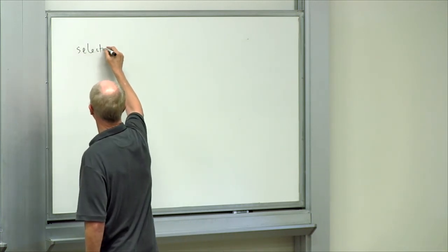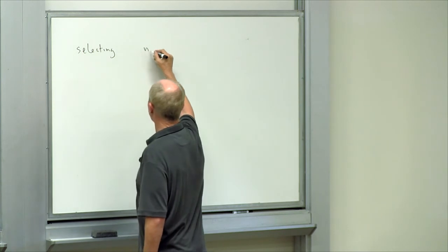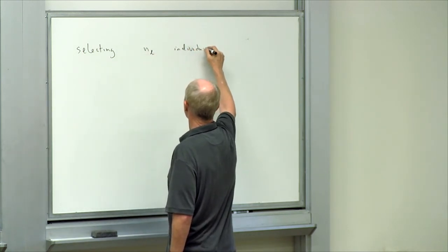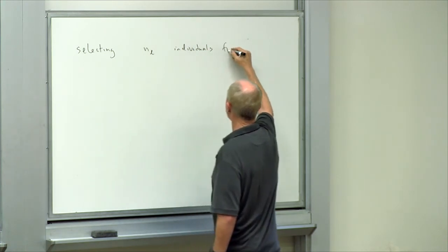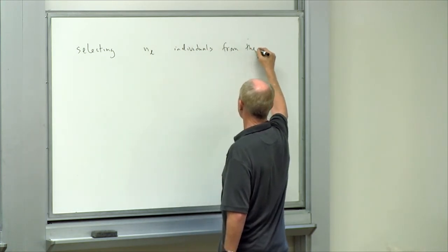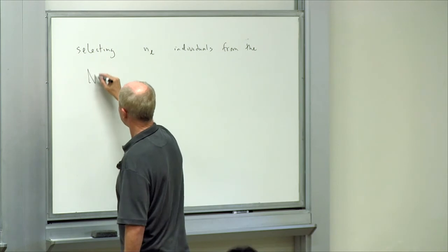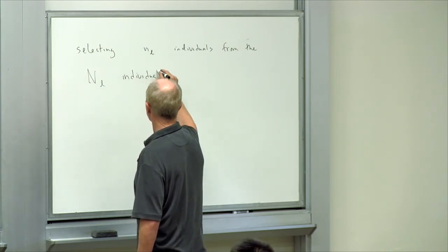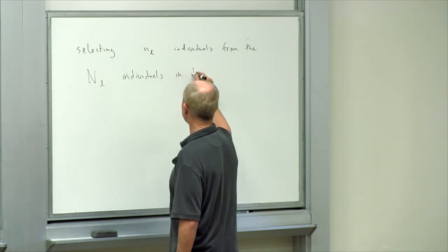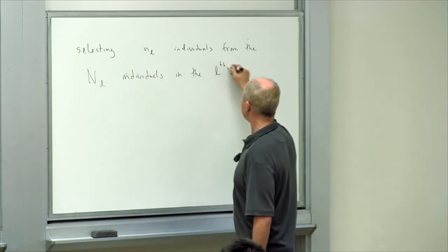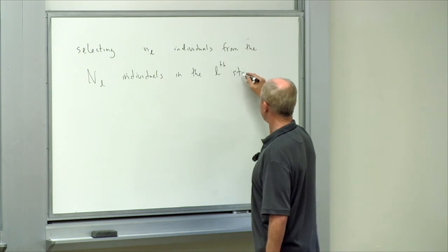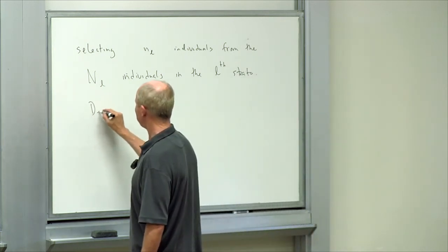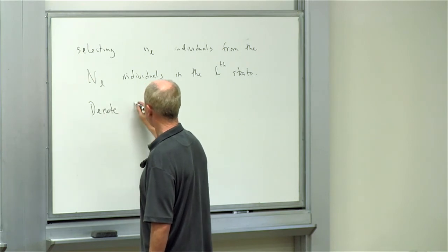Selecting little n sub l individuals from the capital N sub l individuals in the Lth strata. Denote the resulting random variables by